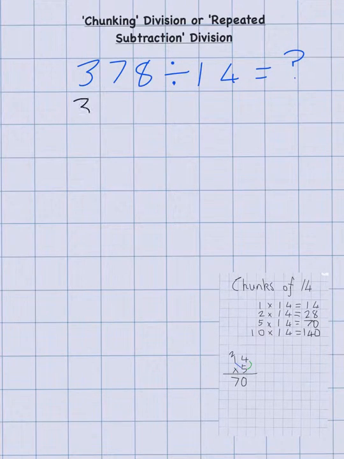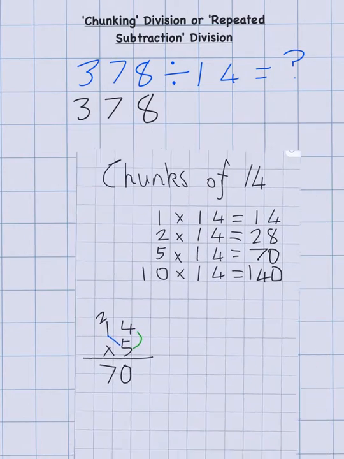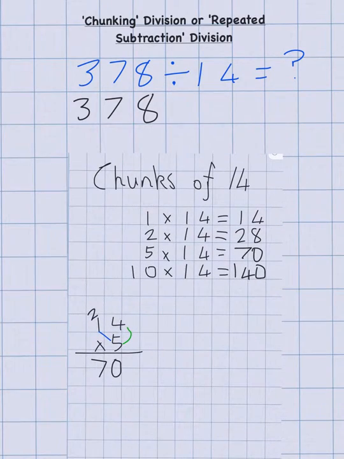Now, it's referred to as the repeated subtraction because we are going to take away multiples of 14 from the original number, which is 378. We're going to try and find how many equal groups of 14 could you make from 378. Now let's refer back to our chunks again. What would be a sensible first chunk to take away? Would we take away one chunk of 14, 2 chunks of 14, 5 chunks of 14, or maybe even 10 chunks of 14? Now 10 chunks of 14 is 140, so I think that's probably the best starting chunk to